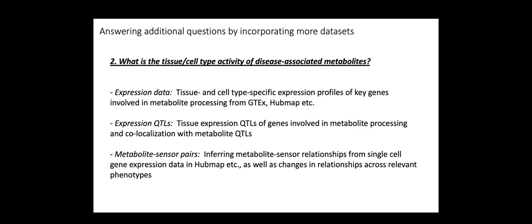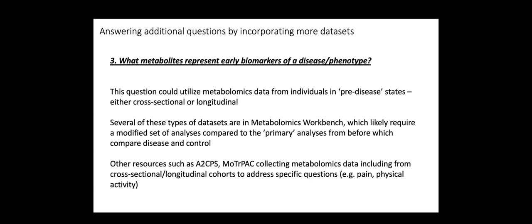Two, what's the tissue cell type activity of these metabolites, using expression profiling, also inferring metabolite sensor pairs, which are analyses you can do from single cell data, for example, to understand the potential role in these tissues of metabolites that are disease associated. And then three, what metabolites represent early biomarkers of a disease and phenotype,